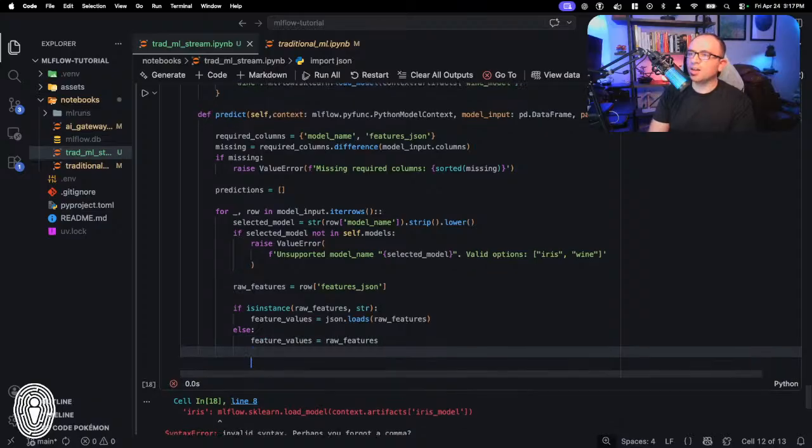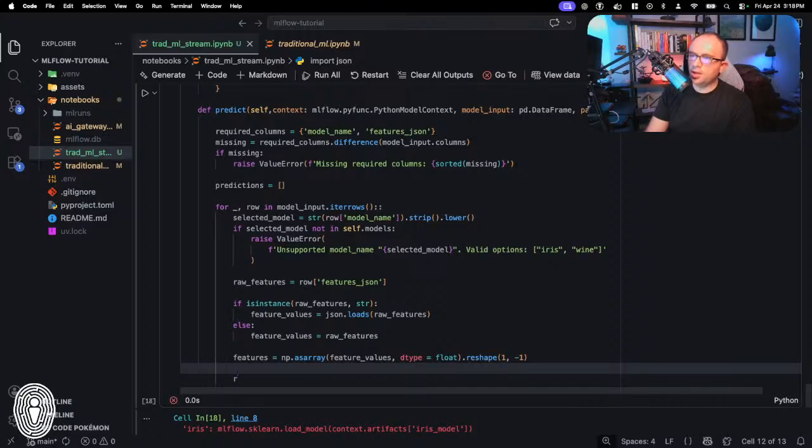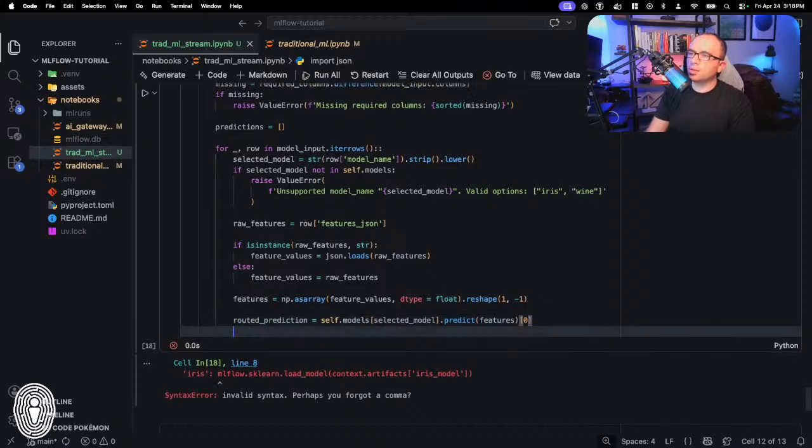Okay. All right. So features equals np.asarray feature values, dtype equals float, and then dot reshape 1, -1. And let's go ahead and get our prediction routed. Prediction equals self.models selected model dot predict features, and then we're going to get the value from that first index there.